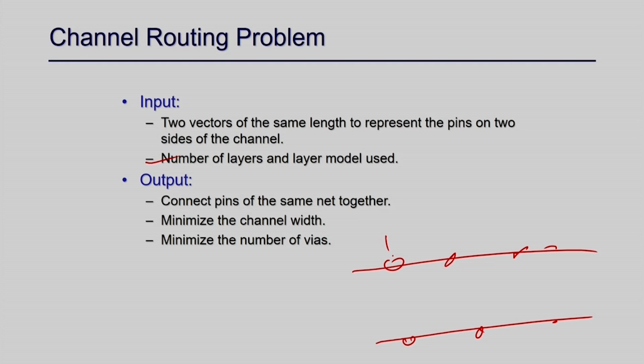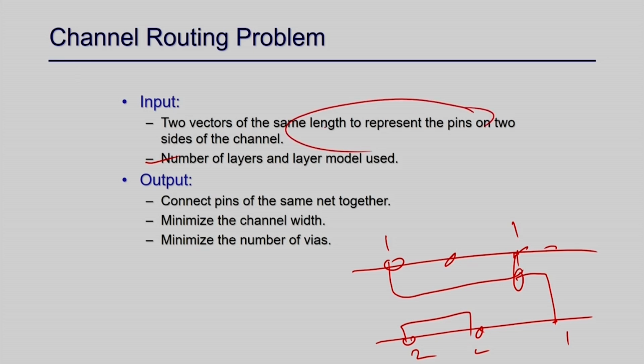So, if this is 1, this is 1, and this is 1, that means you have to make the connection like this, right. Whatever the pin number, you will have to connect those. So, if this is 2, this is 2, that means I have to make a connection through this, right. This is also given to you, and you have to connect the pins together and minimize the total